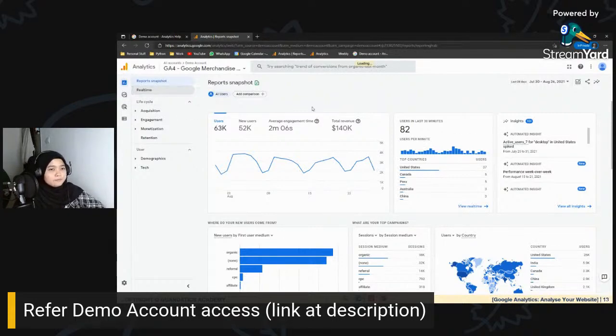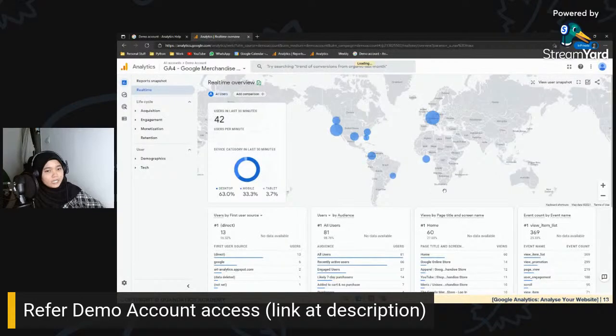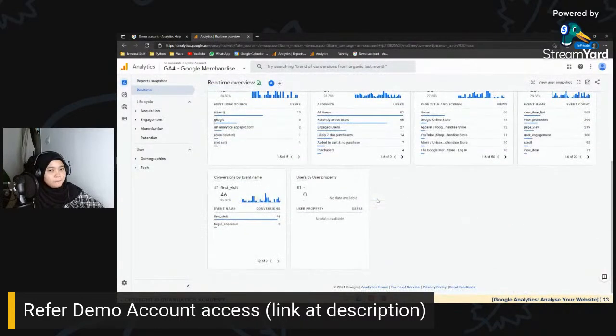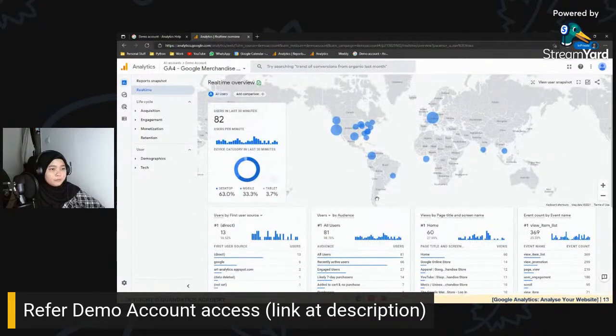So real time is basically what is exactly happening in your data right now. Real-time reports can be very situational. So let's say you want to make a sale on your website, and you want to see your website performance while the sales phase is happening. The real-time report can be very useful because you can know how many people actually were